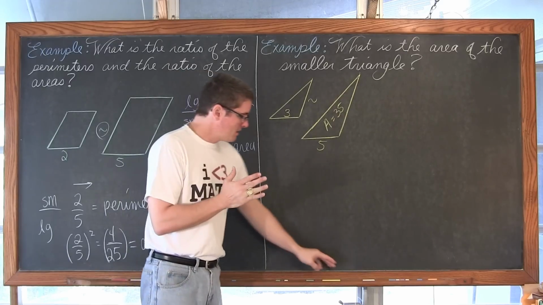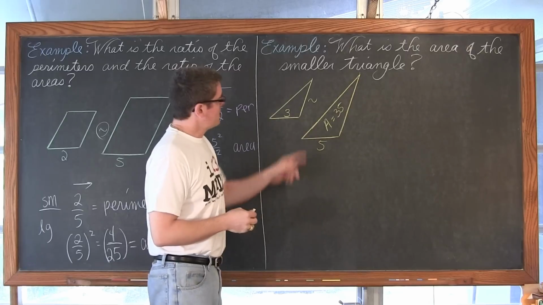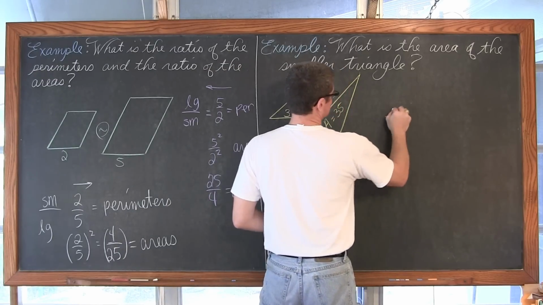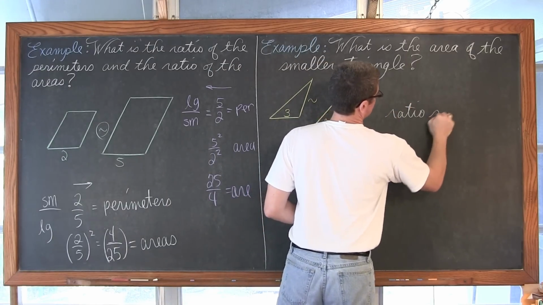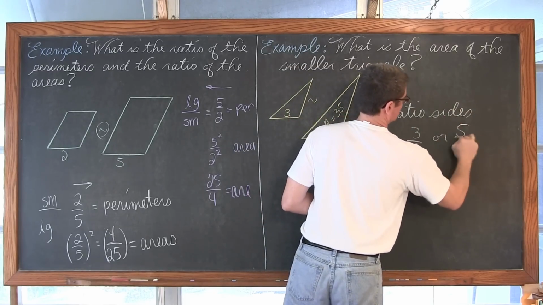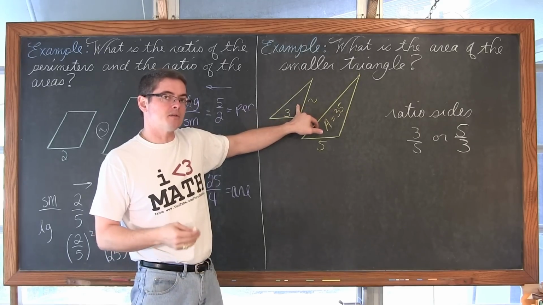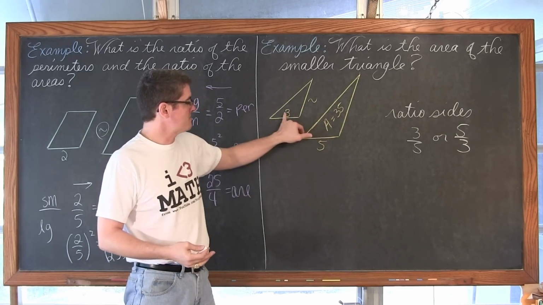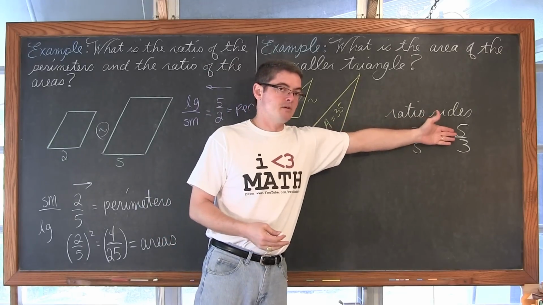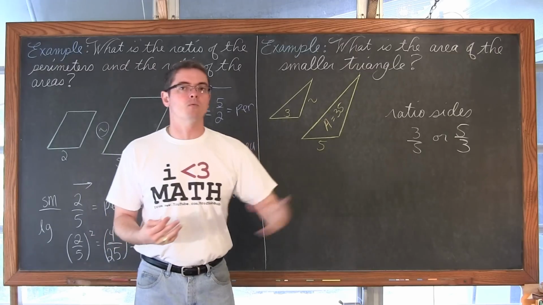Now, the ratio for the sides, which is equal to the ratio of the perimeters, as we saw over here, again, they're similar. So do I want to set the ratio up for the sides as 3/5 or 5/3? Well, clearly this area of the smaller triangle is going to be less than 35. It's a smaller triangle. So do I want to multiply by a ratio that's smaller than 1, or do I want to multiply by a ratio that's greater than 1? If I multiply by a ratio, 5 divided by 3 is 1.6 repeating, or 1 2/3.